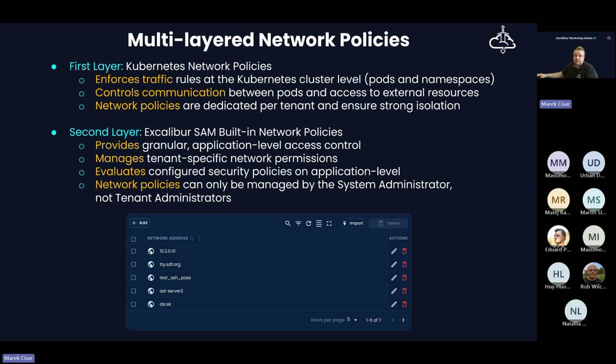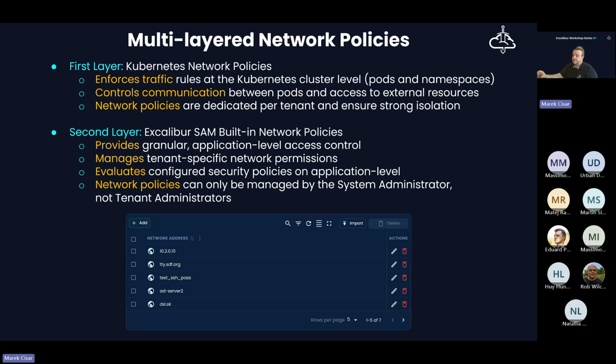Okay, so let's check the question. Are network policies evaluated and applied on the Kubernetes cluster level or on specific Excalibur SAM microservices as well? Yes, not only on the Kubernetes level and the microservices level, but also within the application logic level.